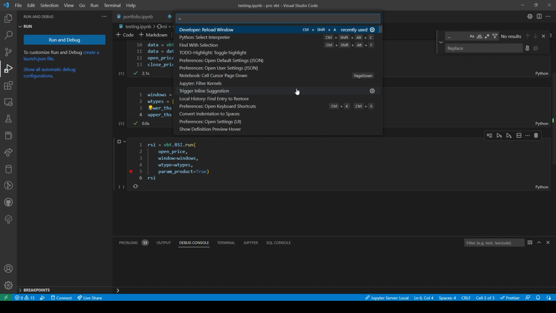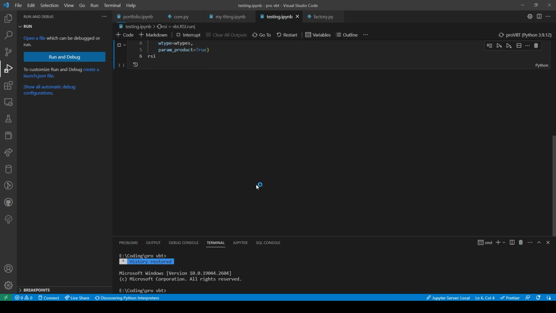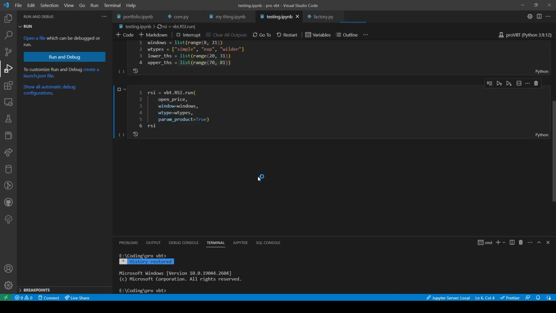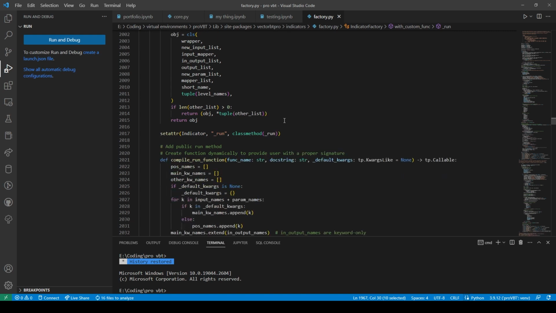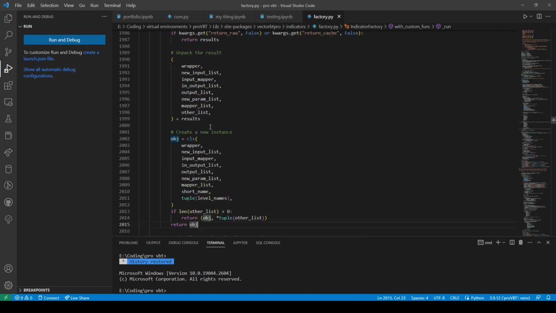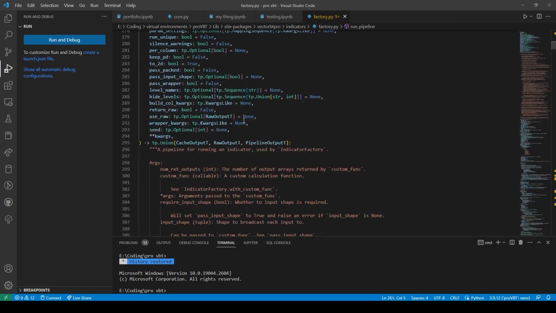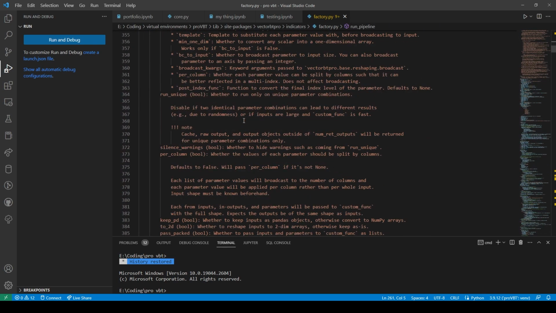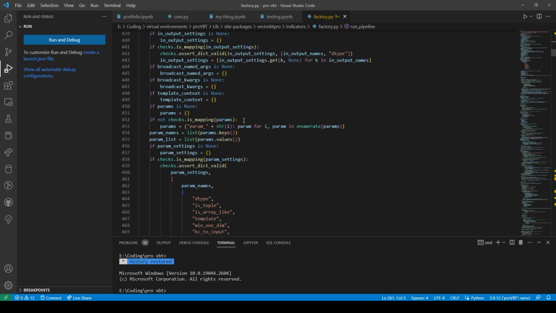Damn it. So you have this object, which is exactly what it returns. But then it has to go through this run pipeline, and this is where it just gets nuts. I mean, look at all this.